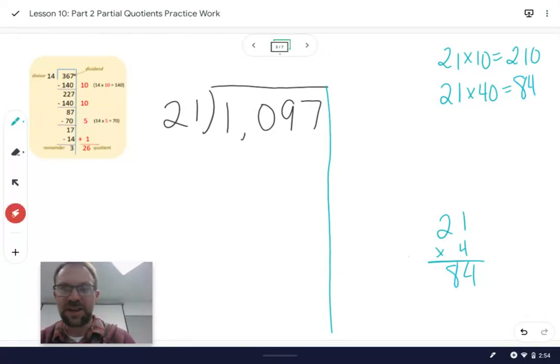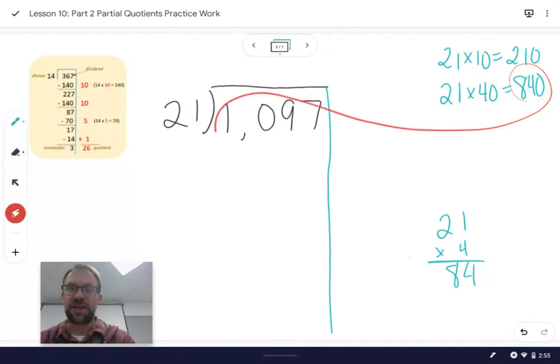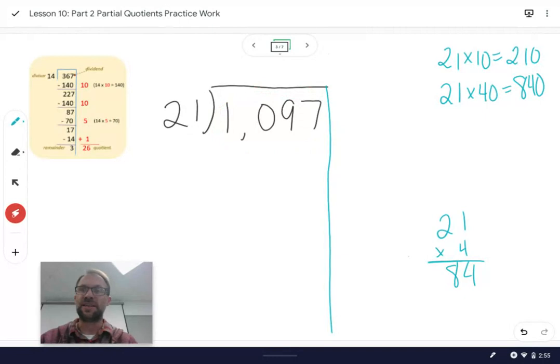Plus, I don't want to forget my 0, right? Because this is an extended math fact. 840. Ooh, now we're getting closer. 840. That's a partial quotient that's getting much closer to 1,097. In fact, you know what? We could even use it. I'm going to do that. I'm going to use 40